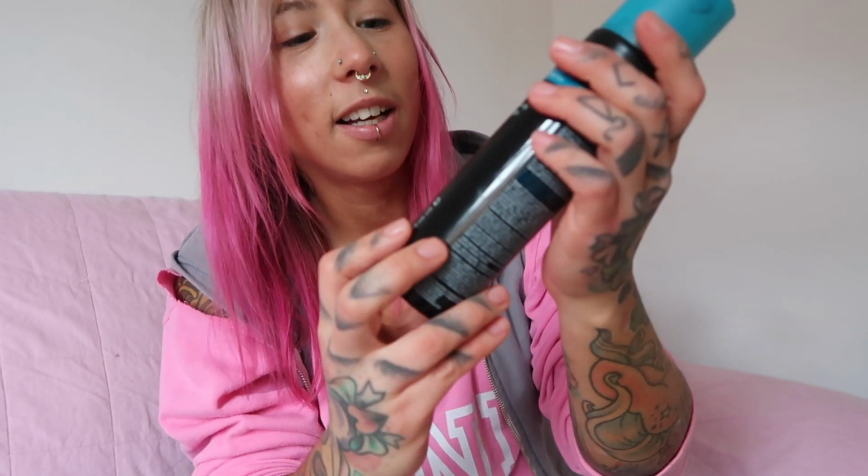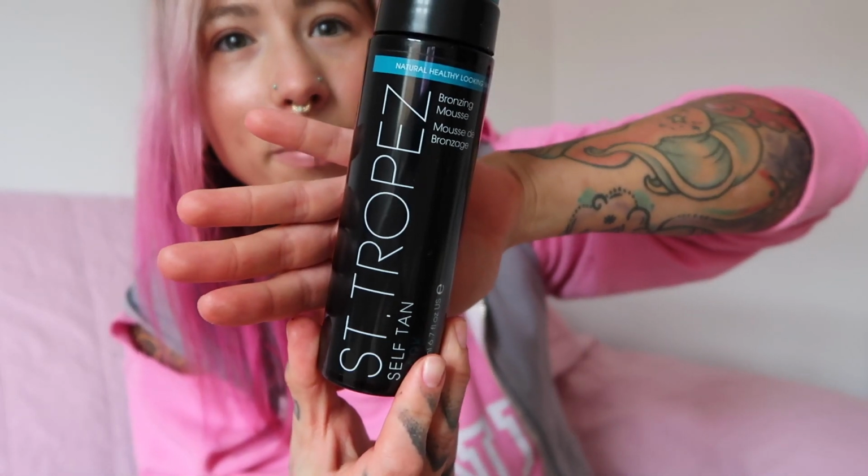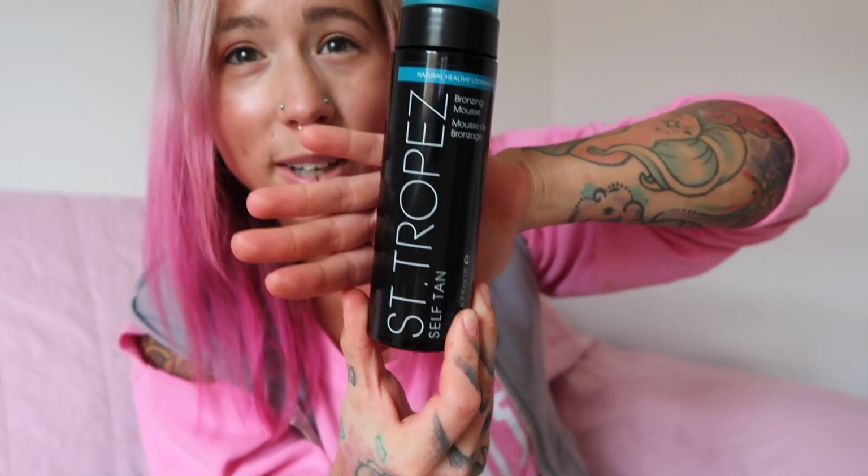I live in the UK and it's really not that sunny and it's really quite cold, so for me to have this kind of tan is not really very realistic. So yes, I do use a fake tan. I use a mousse, and the mousse that I use is Saint-Tropez, and I have played around with a lot